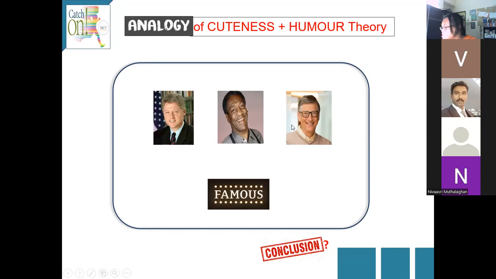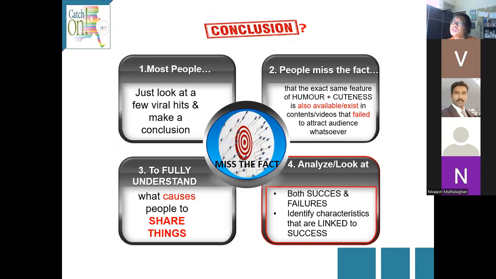So the conclusion is, if you want to be famous, you have to change your name to Bill. The initial observation is that all three Bills are famous, but the conclusion is ridiculous. But that's what most people do when they talk about viral marketing. They just look at a few viral hits, then make a conclusion, and they miss the fact